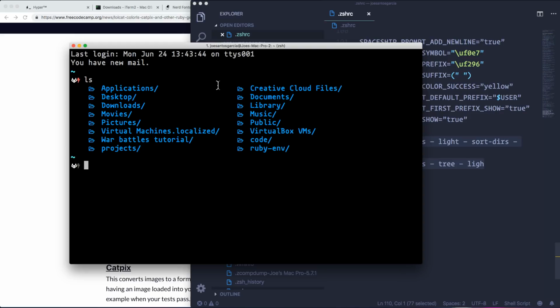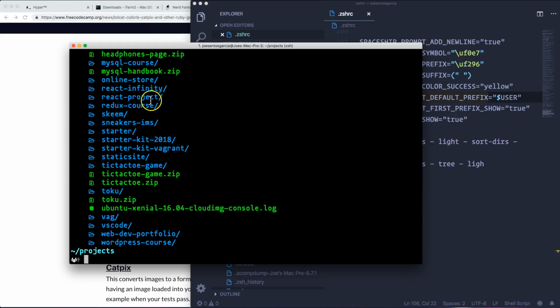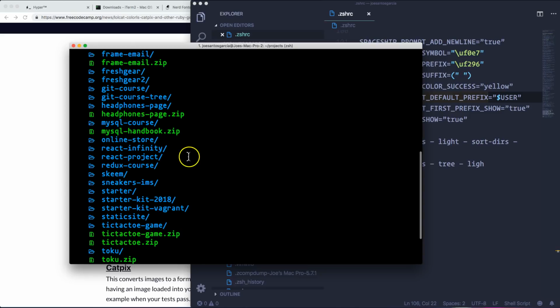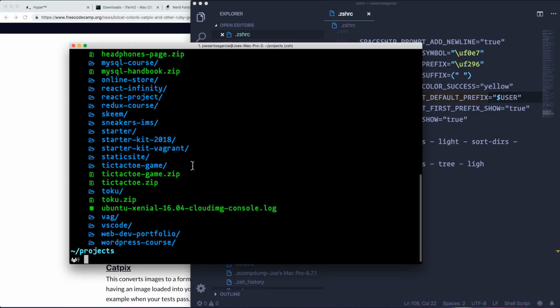Now we have some color and we have some icons with our ls. Okay, so it looks pretty cool, pretty dope. Now I can actually go inside of, let's say, cd projects, right? That's the location of all my projects. Click ls, and let's say I'm gonna go into React Infinity. So now I'm going to cd React Infinity,